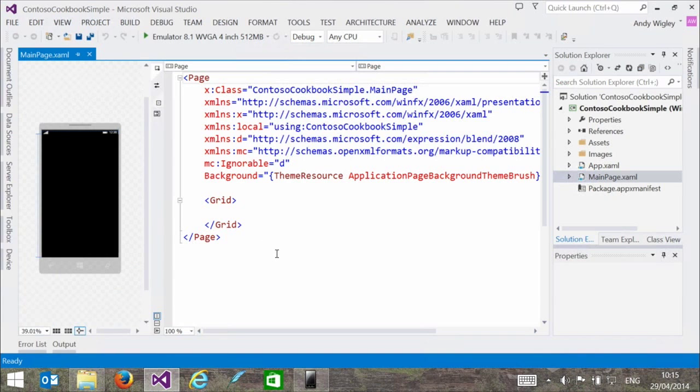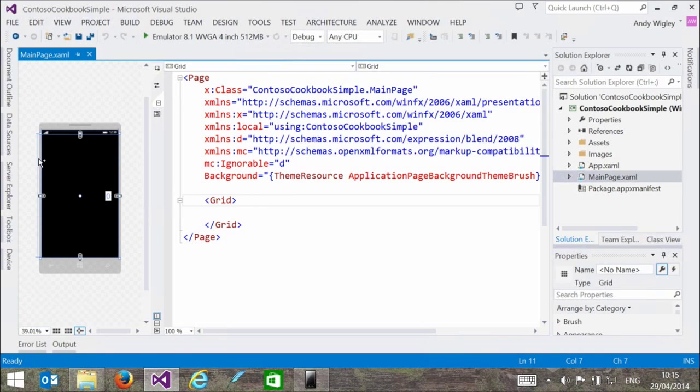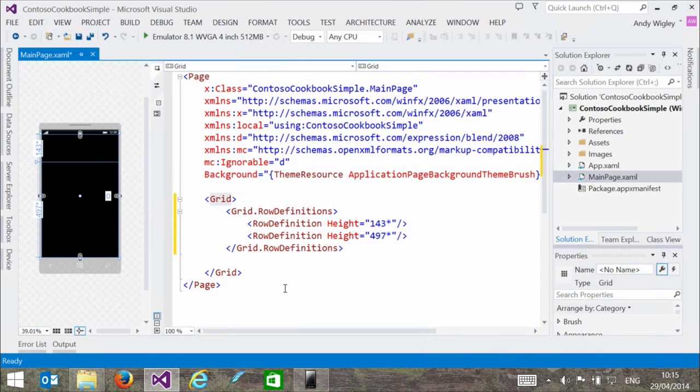And then we're going to start building our grid. Rather like we did before, we're going to select the grid and then put a row in it. I'm not going to particularly size it accurately. We'll fix that later on. So we've got two rows there, 143 star and 497 star. The star height means proportions. So the bottom has got 497ths of the page, and the top one has got 143s of the page. And so, they're proportional sizes. We'll fix that up into something a bit more specific later on.